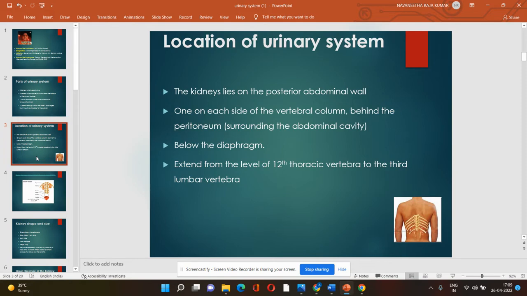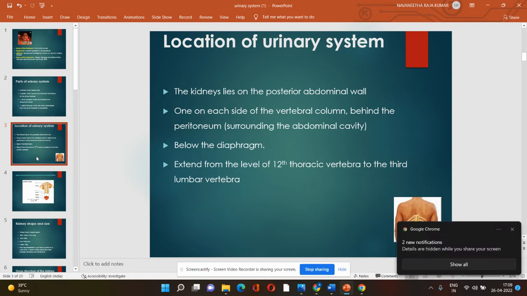So the kidneys are seen on either side of the vertebral column, one on the right and one on the left, behind the peritoneum. The peritoneum surrounds the abdominal cavity. Behind the peritoneum, below the diaphragm, the diaphragm is separating the body into two portions, the chest and the abdomen. It's a horizontally placed bone. Below the diaphragm, we can see the location of the kidneys, and they extend from the 12th thoracic